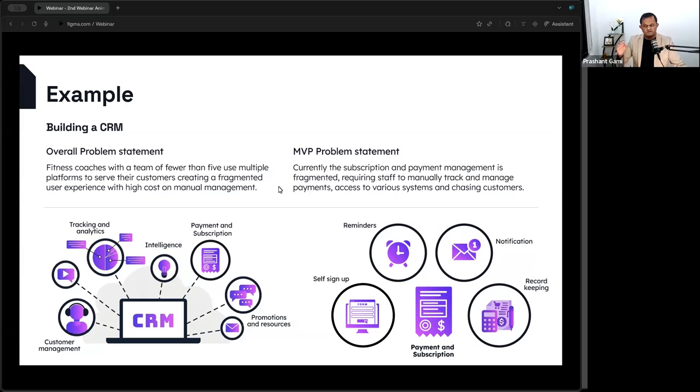So what you can do is, rather than building the whole CRM to start with, you can build the payment and subscription platform. So their payment and subscription is automated. They have a button on their website that says subscribe now. It has plans listed over there that they can manage, the pricing and the features of the plan. They can allow self sign up. You can integrate a payment gateway that automatically takes the payment, that sends a reminder if the payment fails or the card is about to expire. All the notifications can go to customers as well as admin when something needs attention, and it can keep the record and connect with your accounting system.